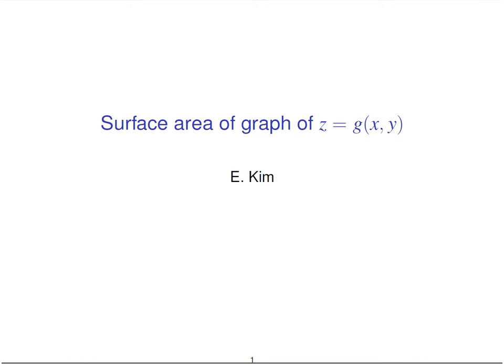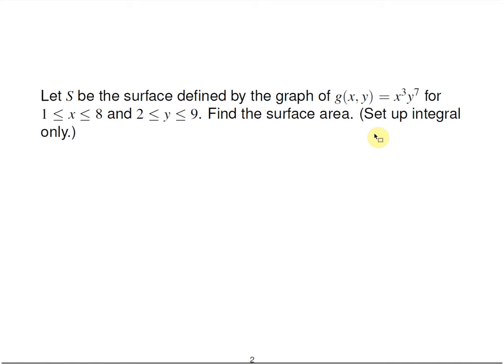We're going to take a look at setting up an integral representing the surface area for a surface which happens to be the graph of a function called g with two inputs x and y. So the surface we'll look at is the surface defined by this. It's the graph of the function g of x, y is equal to x cubed times y to the seventh, and